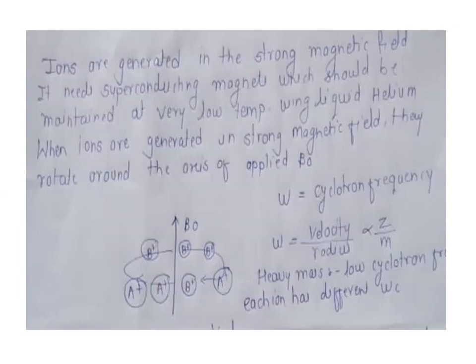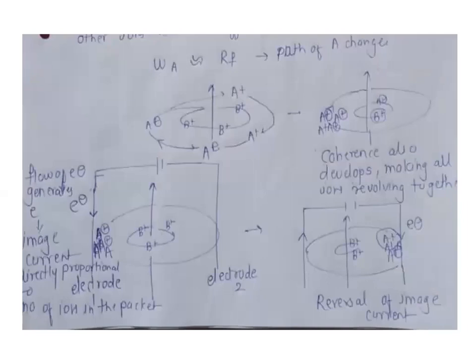We generate the ions in the presence of a strong magnetic field. Now we have different packets of ions present. What do we do with these different packets of ions? The second thing we do is apply an RF AC voltage. What happens when you apply an RF AC voltage is that when its frequency matches the cyclotron frequency of any of the ions present in the packet, that ion will absorb the energy, and the radius of its path is going to increase.